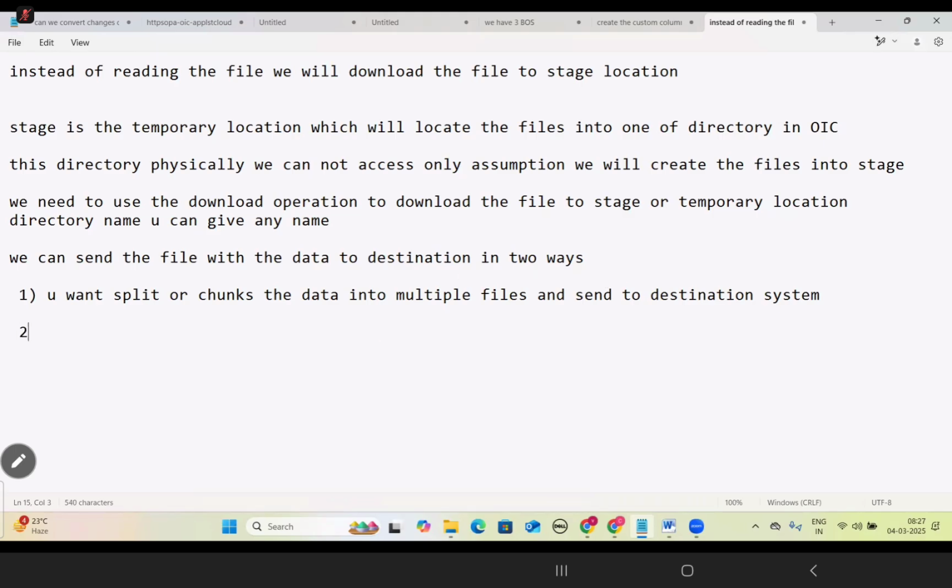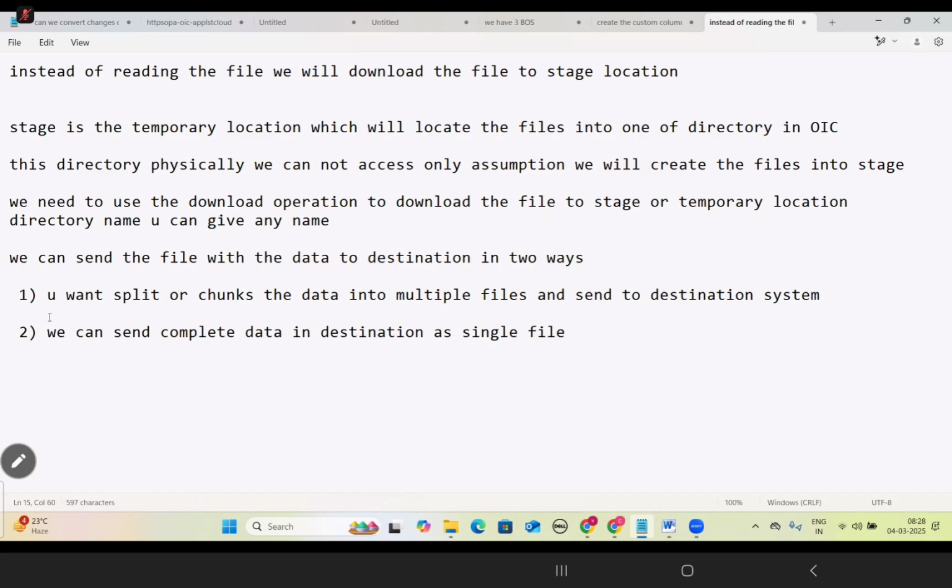This is one approach. Second, we can send the complete data as a single file to the destination. Both ways are possible.